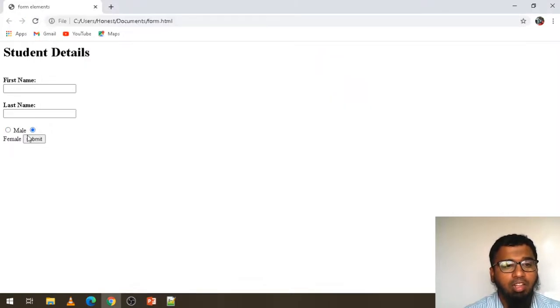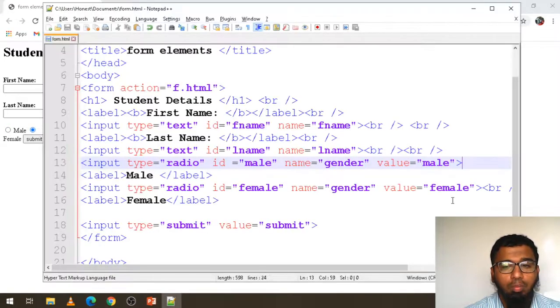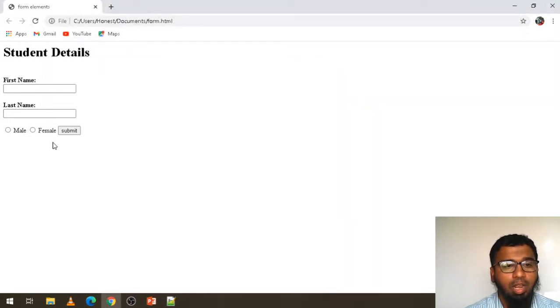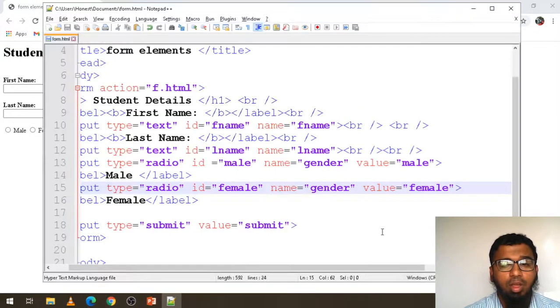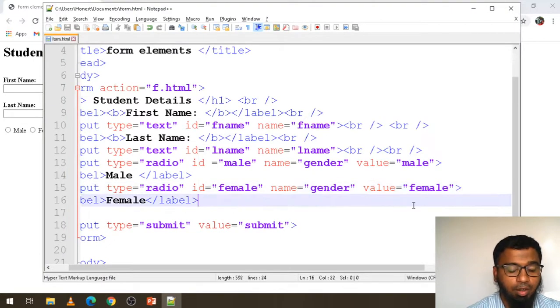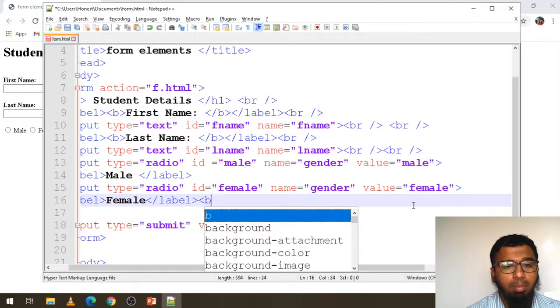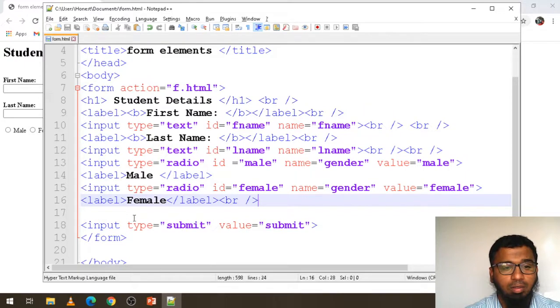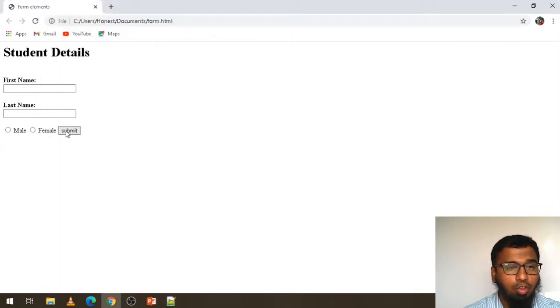Male and the female should come on the top, so you should not use BR here, okay, like this, and the submit should come here. So here you need to use BR, okay. Control S, here female, after the label of female you must submit should go in the bottom like this,